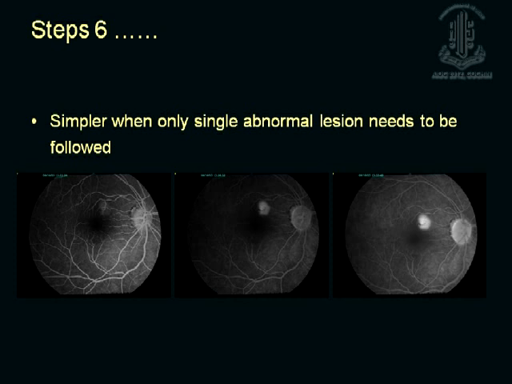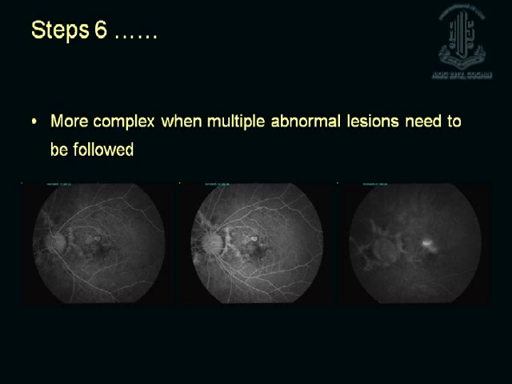Now this is very easy to say when you have only one lesion. You have one abnormality here. It's easy to follow these lesions subsequently. You know the hyperfluorescence is increasing, it's increasing further in the later phases. But what do you do if you have multiple lesions? You have some abnormality here, you have some abnormality here. This is where your knowledge about why the angiogram was advised comes into the picture, and you know where to focus. And when you have multiple lesions like this, it's important.